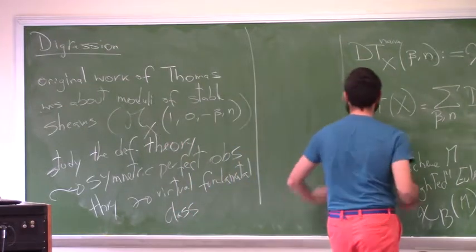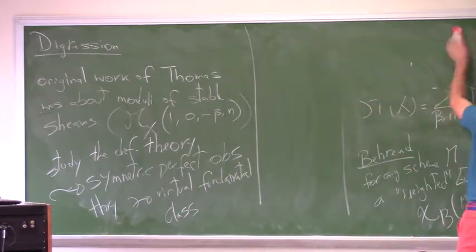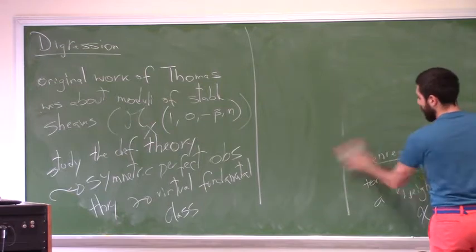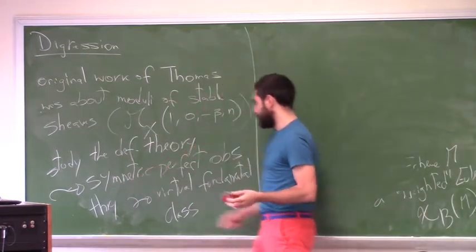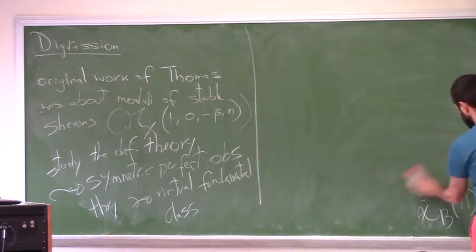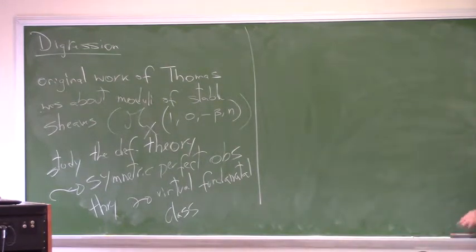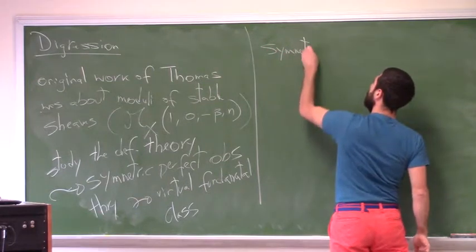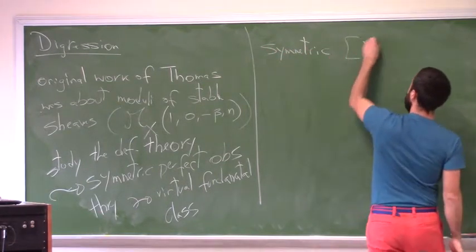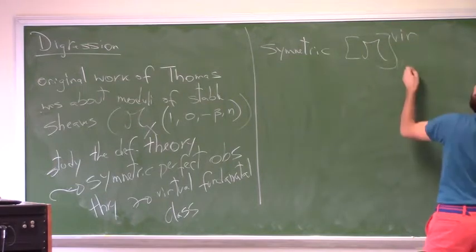So more concretely, what happens is that you study the deformation theory of the space, and the Calabi-Yau condition ensures this symmetric obstruction theory, and this gives you that this virtual class is a zero cycle. So this is where the Calabi-Yau condition comes in. So you have this virtual fundamental class is a zero cycle,